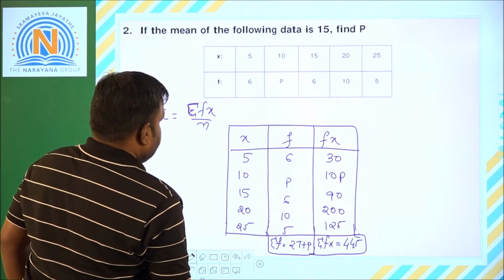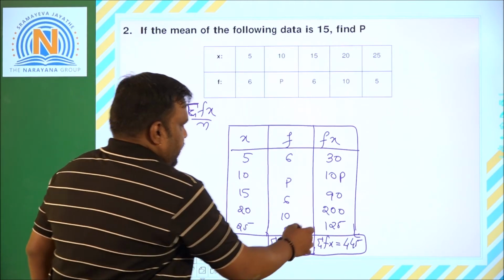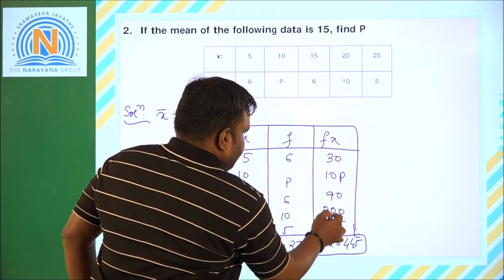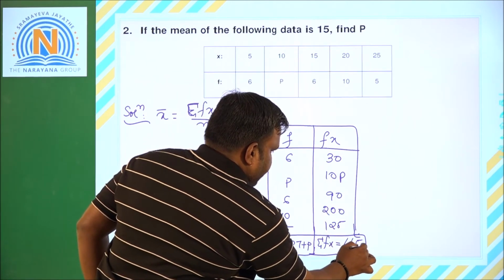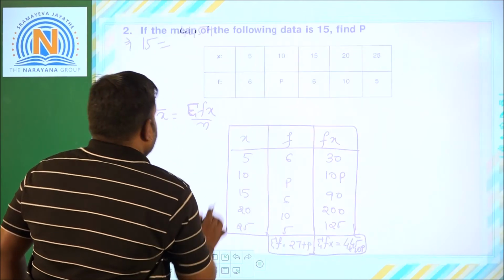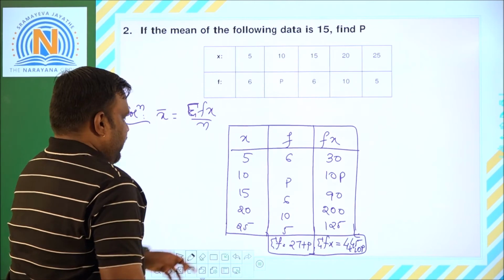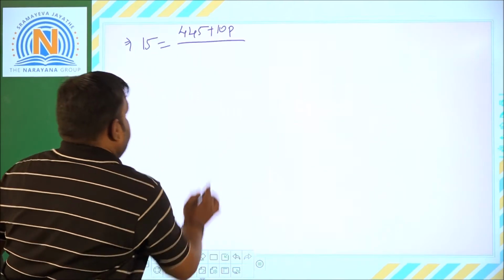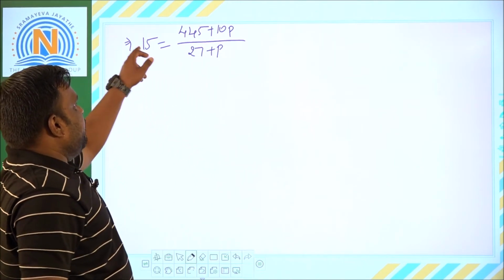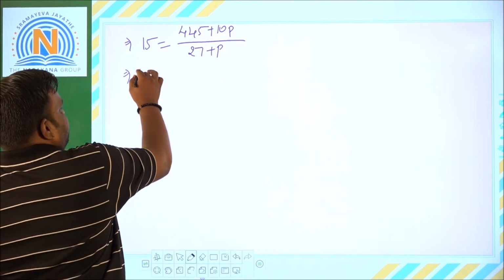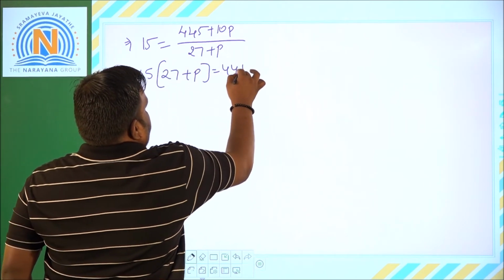So here, when you look after this one, 445 plus, here you have 10p, even 10p is also available with us. So here 445 plus 10p by the n value, that is sigma f value, is 27 plus p. So right here 27 plus p. Now this 27 plus p will multiply with 15, that is 15 into 27 plus p is equal to 445